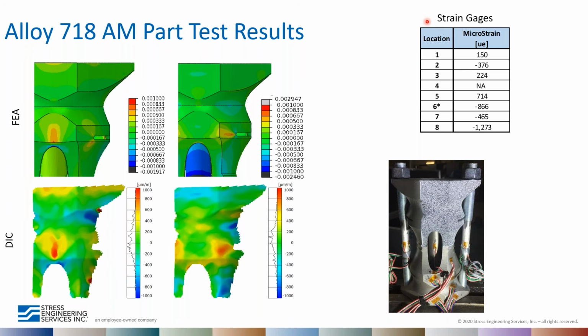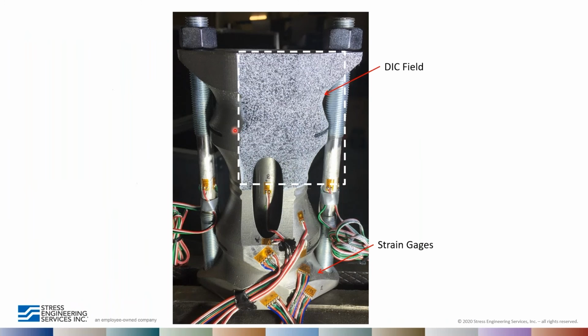Something to point out here is, if we were to just look at the strain gauge data, all we would get is single values of microstrain at the different locations that we wanted to interrogate before the test. And that's not as much data as you can see as compared to a full field color contour plot. Another kind of disadvantage of the strain gauges is if we were to, say, want to compare this area to our finite element analysis and put a strain gauge right there,